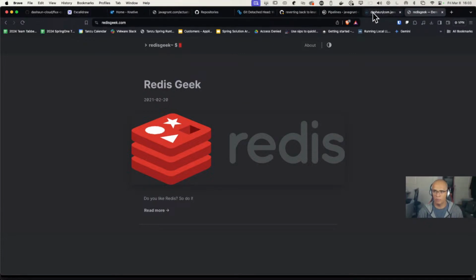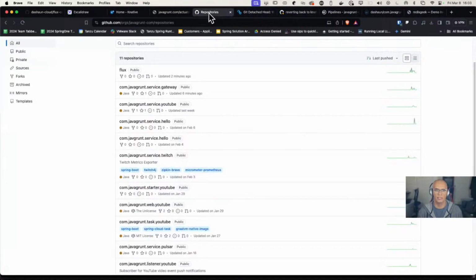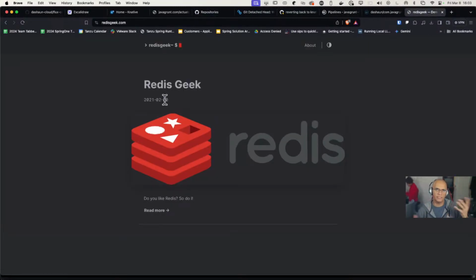Microservices. I'm deploying a bunch of different resources that each do one thing and they can be scaled separately. Over at Redis Geek, we're going to deploy similar stuff, except we're going to deploy a monolith. So it's going to have the same functionality delivered in one artifact as modules. So I can do interesting things. And if at some later point I want to split those modules out into microservices, I can, but I'm going